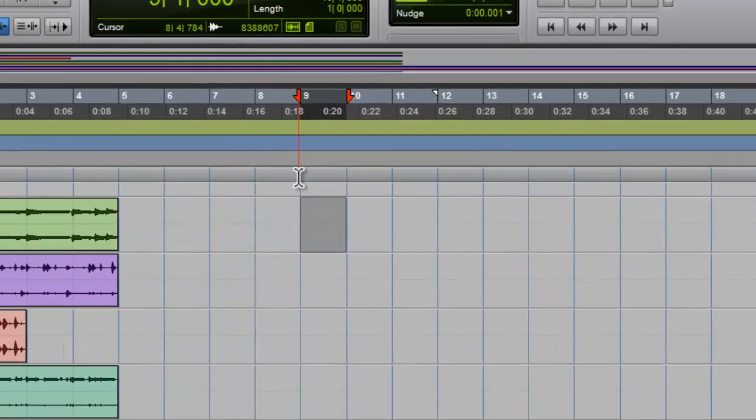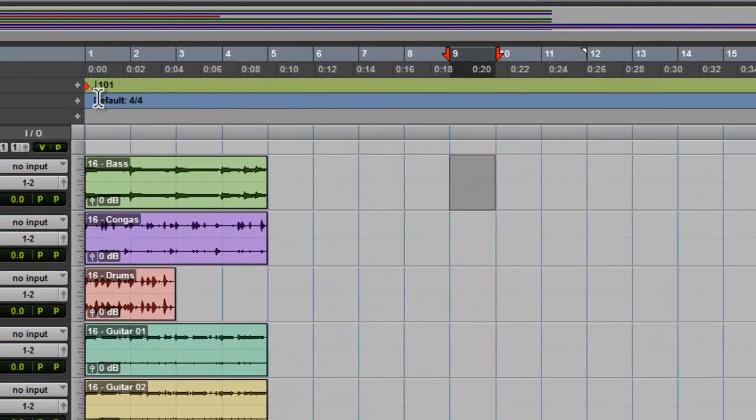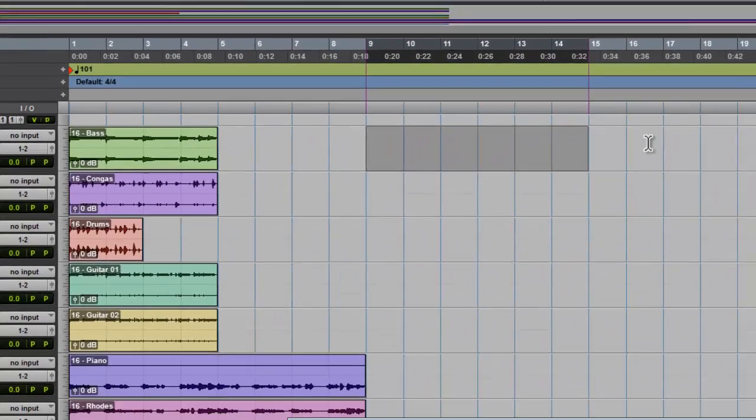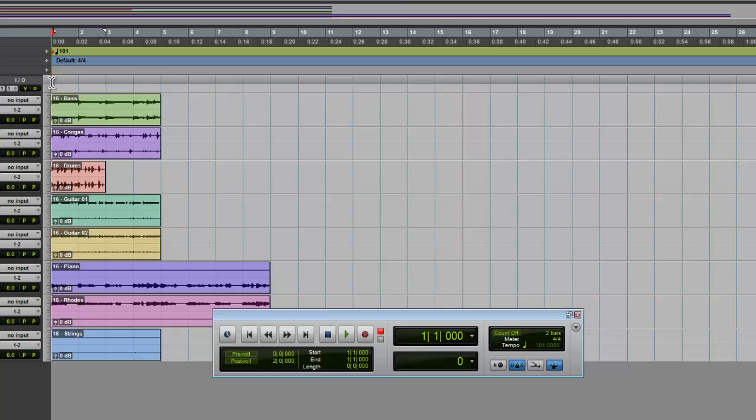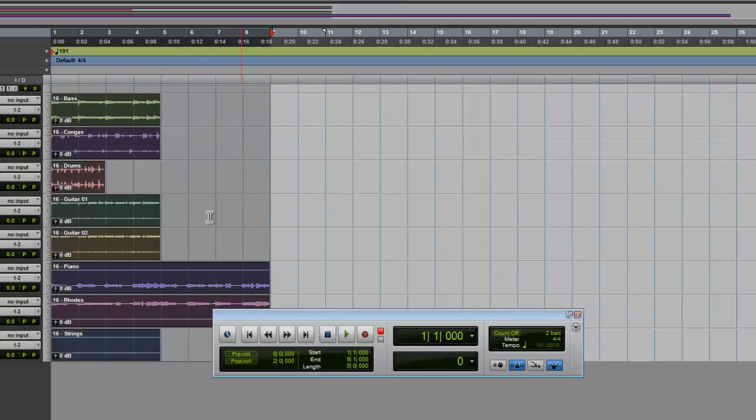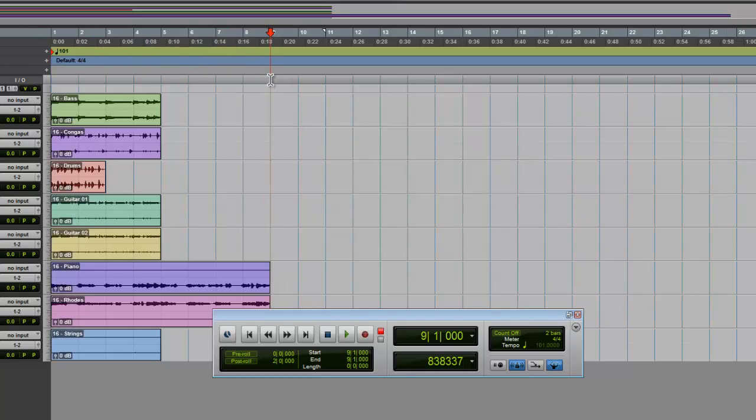Now, what I want to do before I start arranging and just placing these loops wherever, I want to create a form. Form is, I want to create the structure so I can physically see exactly where my intro is, where my A theme is, where my B theme is, and so on. So I'm not going to start putting markers at the very start because I've got all my loops and samples here. I'm going to want to put my marker somewhere further down the session. It doesn't matter, I could put it here, I could put it here, but I don't want to start my song over here. So I'm just going to place my cursor here, I'm going to hit enter on the numpad,